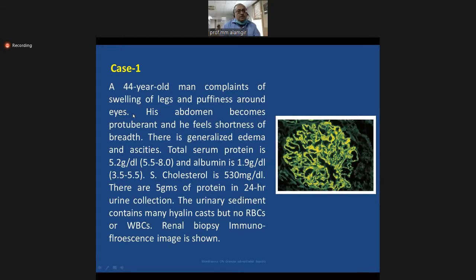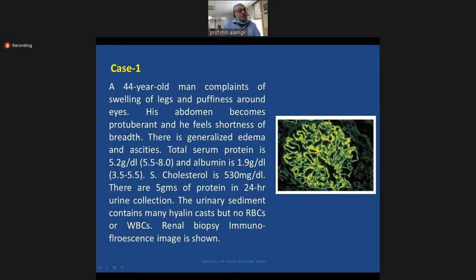So whenever there is loss of protein from the body, we have reduction in the colloid osmotic pressure, and that causes oozing of fluid into the interstitial spaces and fluid compartments. So the result is generalized edema and this puffiness around his eyes. There are certain areas in the body, of course, which develop edema early. So the eyes are those areas, the soft tissue around the eyes basically.